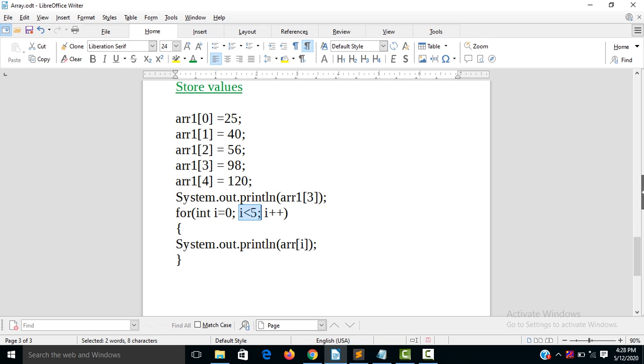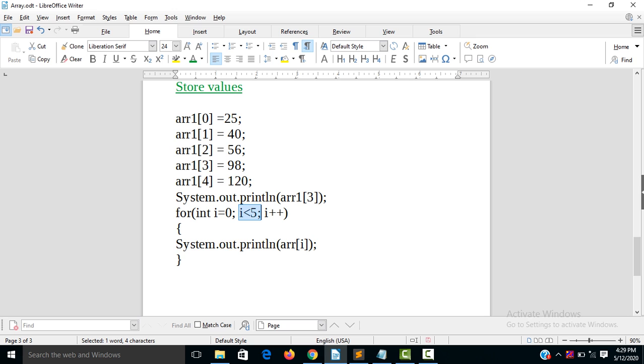Here again check the condition, 4 less than 5, yes, it's true, then it will print the value of index 4, which is 120, and again it will increment, 4 plus plus 5, so i will become 5. So here again check the condition, 5 less than 5, no, it's false, then it will come out of the for loop.